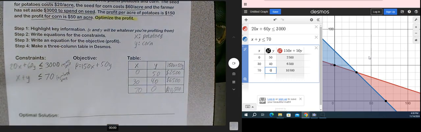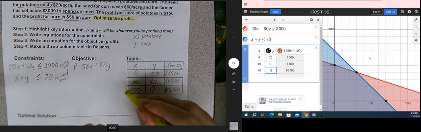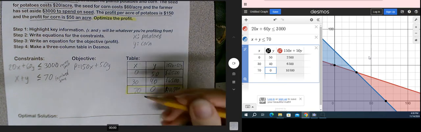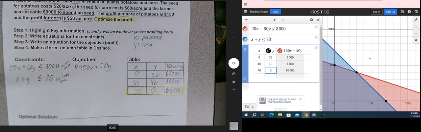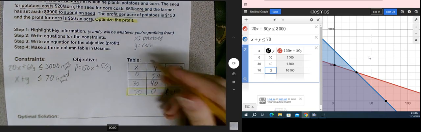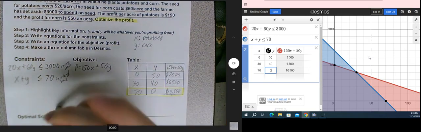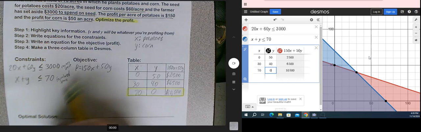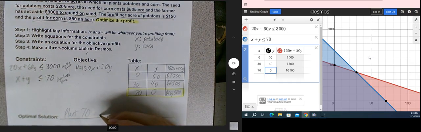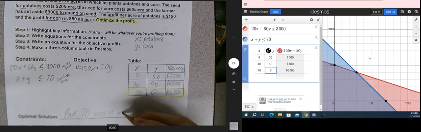So which one is going to make the most money? It's this one. So therefore the optimal decision is to plant 70 acres of potatoes, because X is 70, so we have 70 acres of potatoes to plant and no acres of corn, because corn just is not that profitable. So, in this particular situation at least, the optimal solution is to plant 70 acres of potatoes